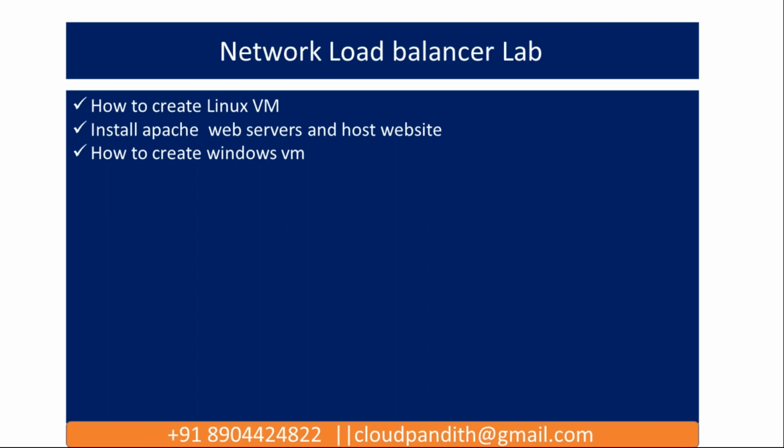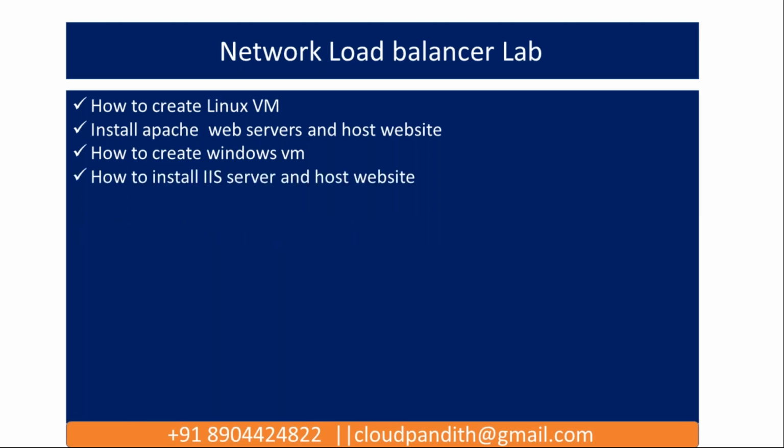So on the Windows VM, we are going to enable port 8080. By default, the port is 80, but we are going to change that port from 80 to 8080. And on the Linux VM, we are going to enable port 80. So based on the request URL, if the user mentions port 8080, then all requests will go to the Windows VM. If the request has port 80, then that request will go to the Linux VM. This is based on the port.